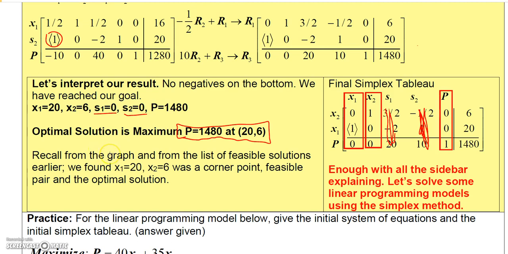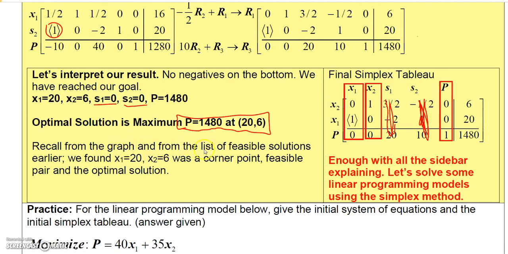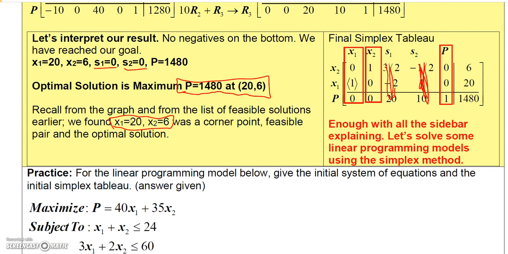Okay. Now, if you recall from the graph, the list of the feasible solutions, remember that when we solved this by graphing, we found that this was the corner point that gave the optimal solution, and the optimal solution was the value 1480. Okay. Now, I'm going to work a couple more of these for you in another video,